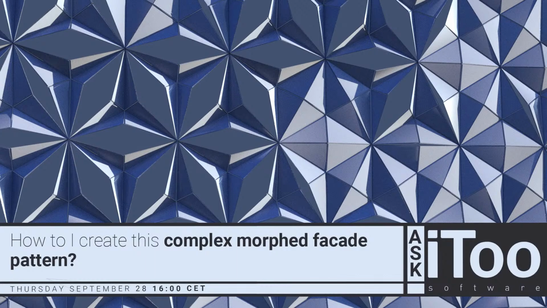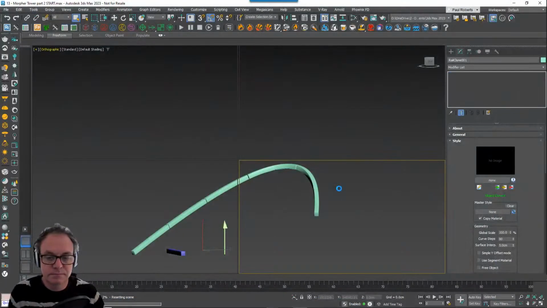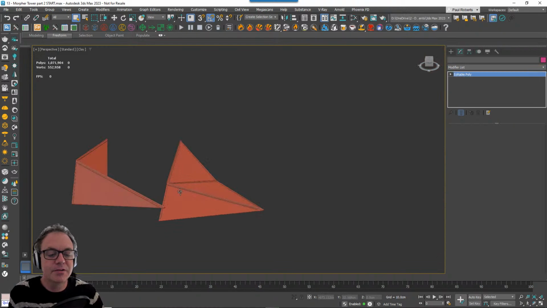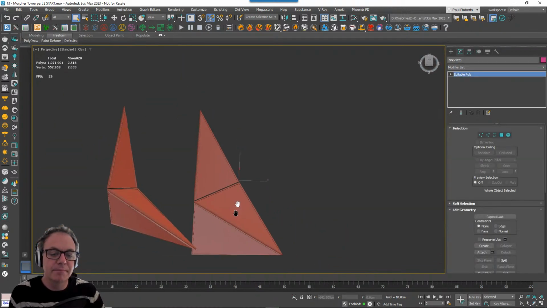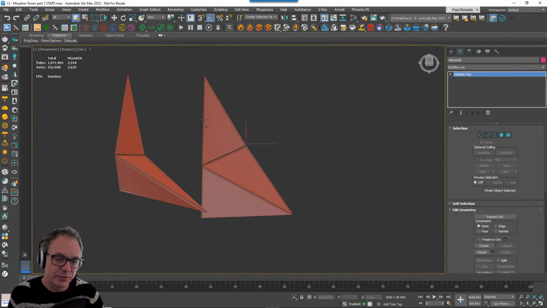But it was more how to create this kind of pattern here of diamonds in a way that will fit neatly into what is a 2D array, and we'll do so without slicing, so that you can use the morpher modifier. So let me just pop open this file. It starts with actually very simple pieces, you'll be glad to know. So I'm starting with just 2 pieces here. One which is the facade or shading elements which are closed, and the other which is them folded and open.